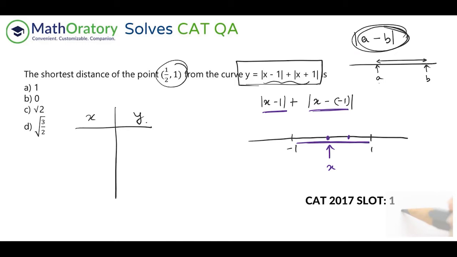So what we can conclude is, if x is lying anywhere from minus 1 to 1, because even if it lies on x, it's the same thing, isn't it? This distance will be counted. Minus 1 distance is 0. So effectively, it will simply be the distance between minus 1 and 1, the value of y, that is. So for x being anywhere here, the value of y is constant at 2, right?